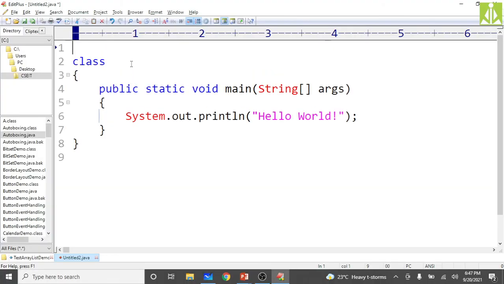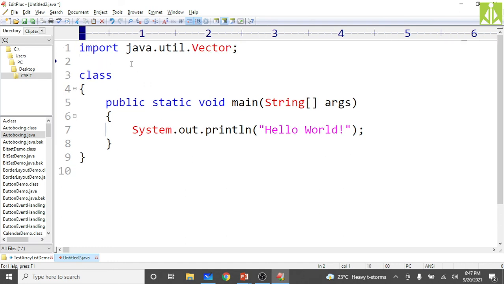Import the package. I'm not importing the complete package, rather the specific class and specific interface. Import java.util.Vector, the Vector class. Then import java.util.Enumeration, this time the interface.